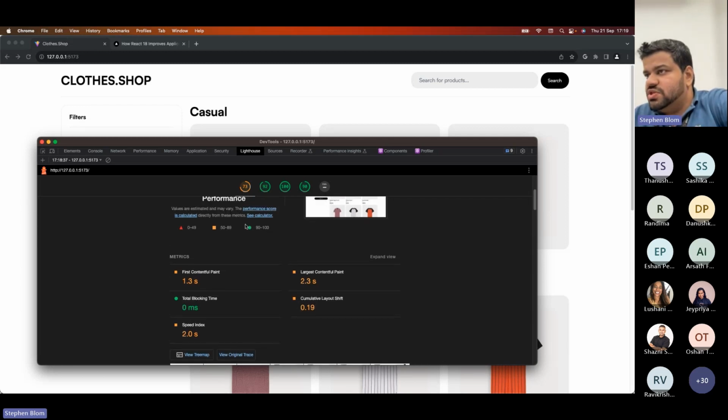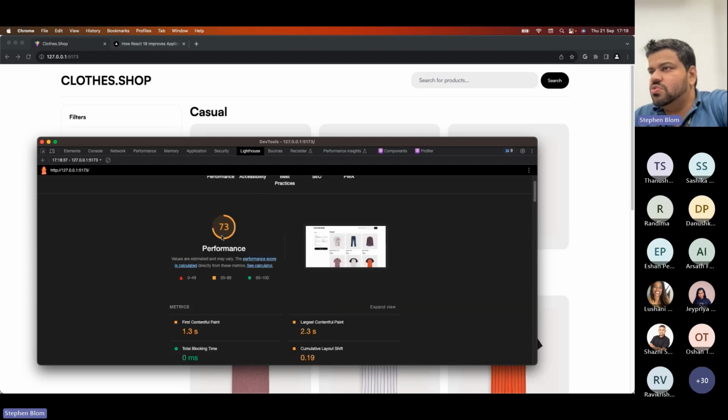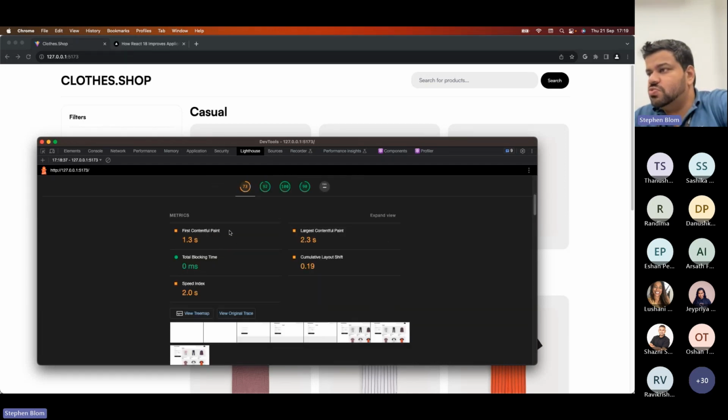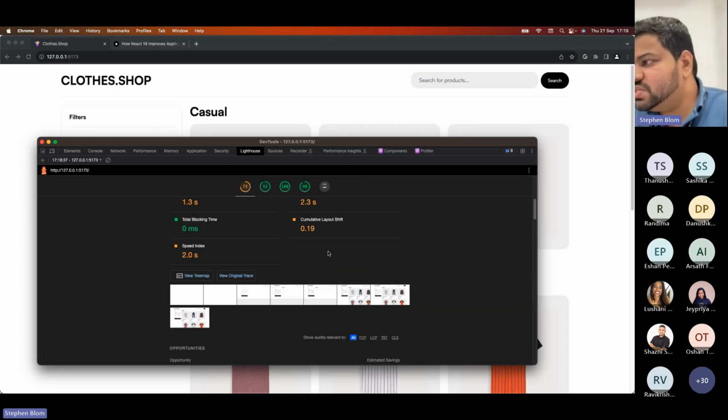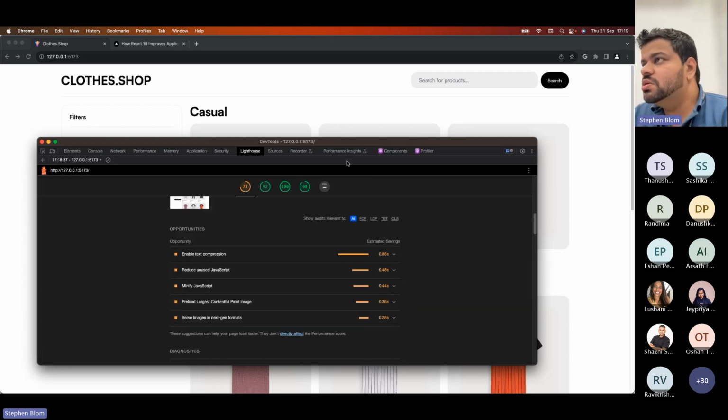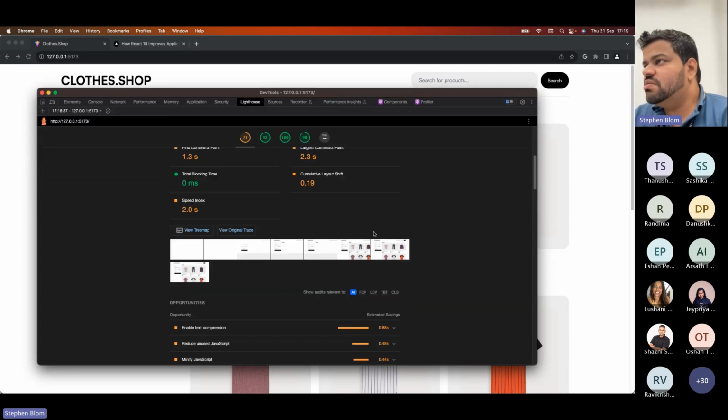If it's green, technically it's good. A green value means you have scored well, and if a metric is red, you get a lower performance score. So let's look at some of these and see what changes we could make